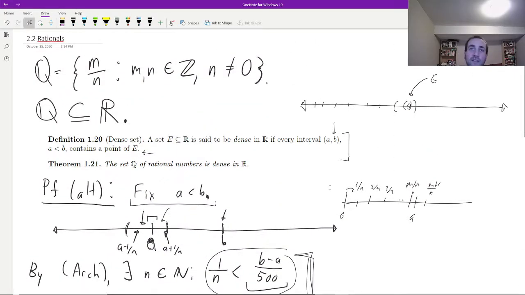Okay. So this theorem here, that the rationals are dense in R, is one that we're going to be using over and over again throughout the rest of the course. And it's going to be making obsolete a few of the basic theorems that we proved earlier when relating fields and order properties and